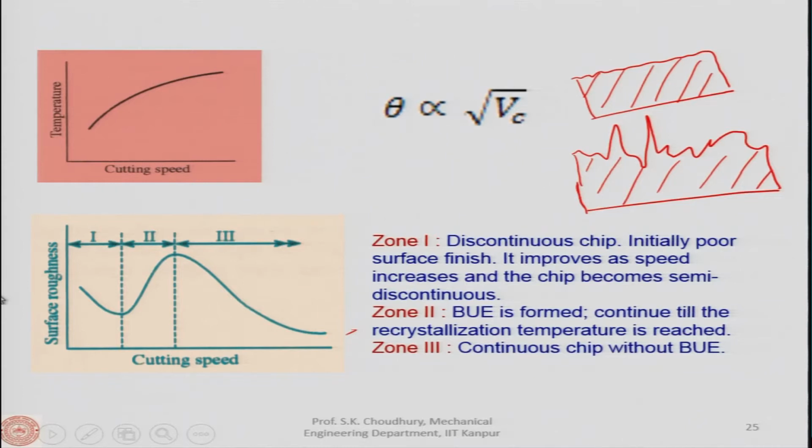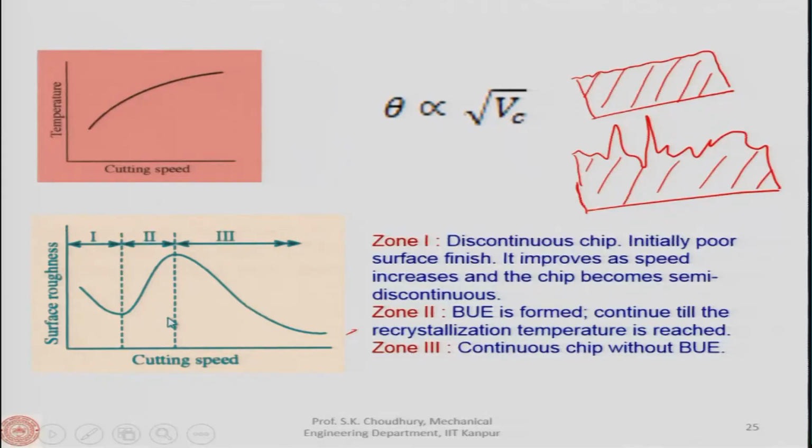At lower cutting speed the chip is discontinuous, at medium cutting speed a built up edge can be formed, at higher cutting speed the surface finish is better. Okay. So, surface finish overall will always be better at a higher cutting speed than at a lower cutting speed. And at this moment what we are telling is the reason is the built up edge does not appear for this higher cutting speed. There are other reasons as well, we will discuss it later.